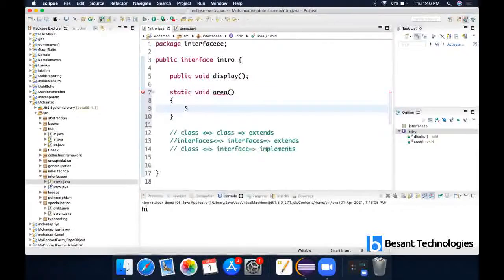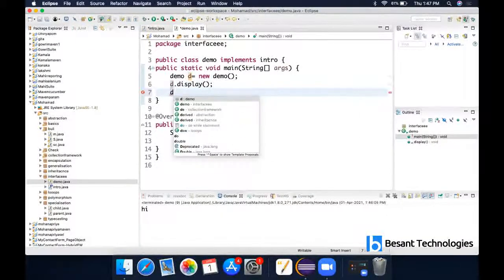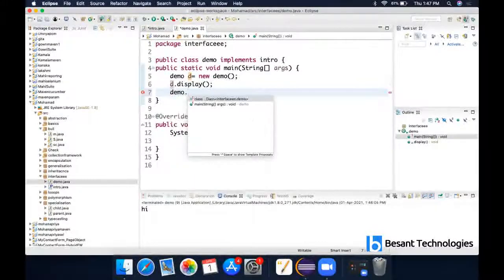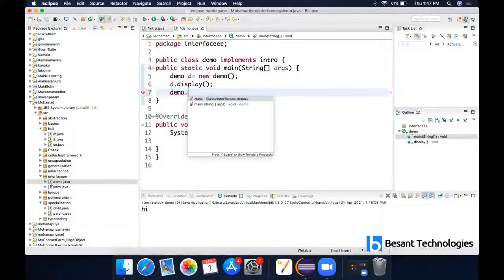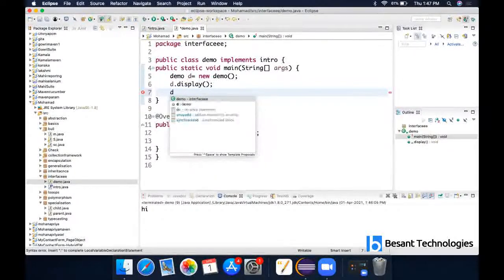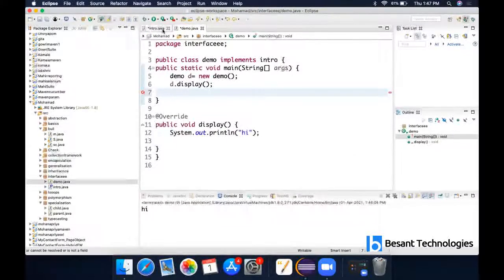You can have the code here and call it from here: demo dot area. The static method's name is area, right? When you try to call this here, you are not able to call it. I'm not able to call the static method.